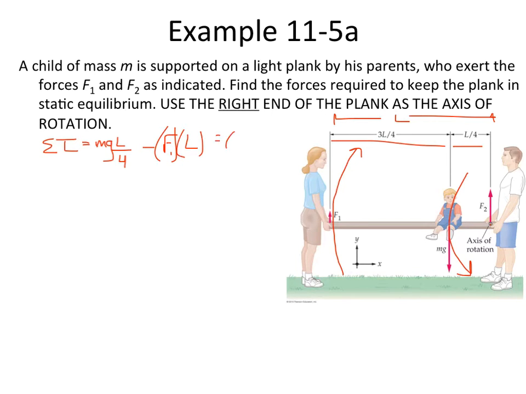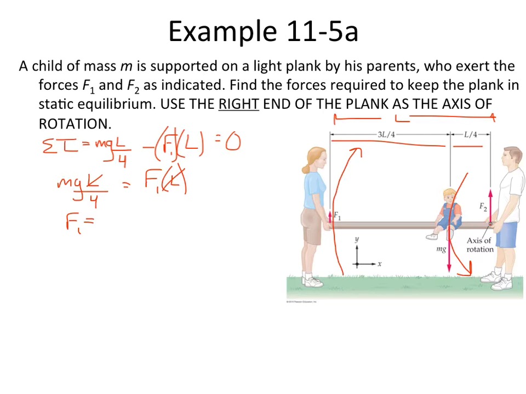All right? And that has to equal 0. Okay? That's the assumption, because if it's not rotating, it's going to be equal to 0. So let's solve for that F1 right there. If we know the net torque is equal to 0, then we can set all these equal to 0. So I'm going to add over this F1L to that side. So it's going to be mgL divided by 4 on the left equals force 1 times L on the right. And as you can see, the L's are going to cancel out. All right? So therefore, force 1 is going to be mg